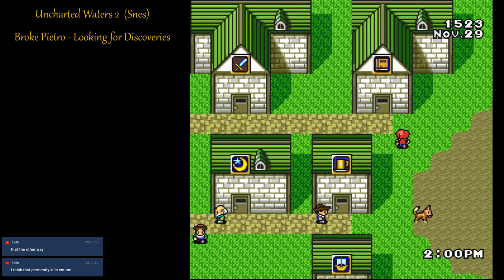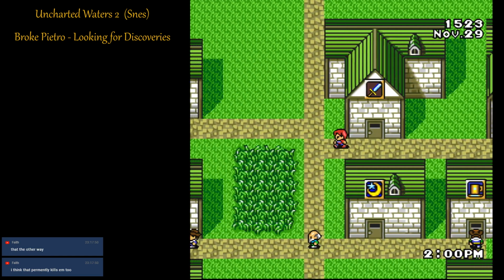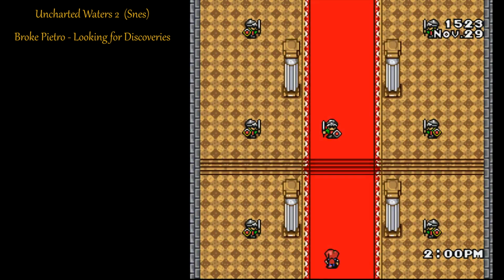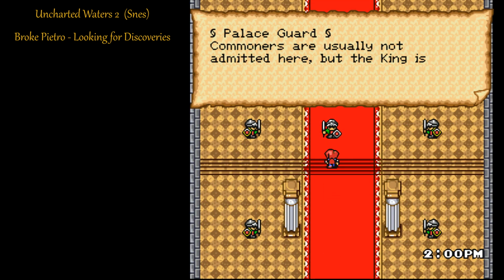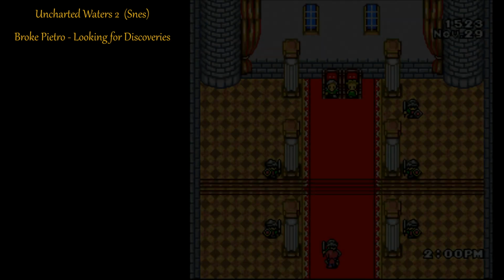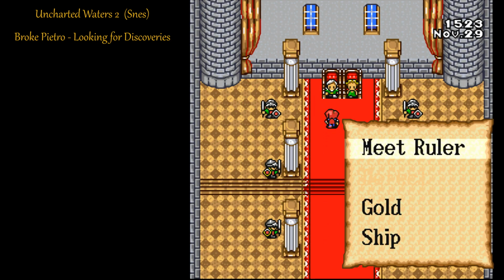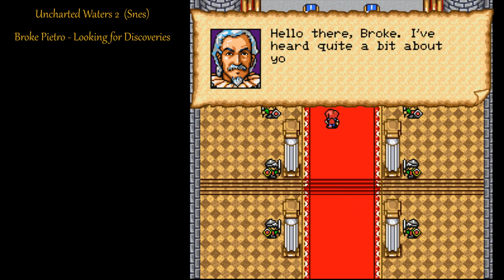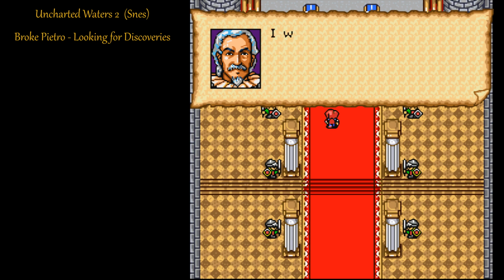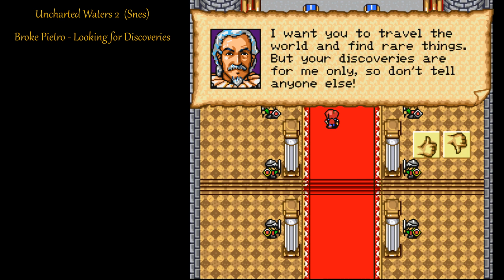Alright, let's go visit the king. See what he's got to say. Or, I guess it's not a king, it's like Governor General or whatever. Our first visit to the king. Hello there, Broke. I've heard quite a bit about you lately. You look like someone I can count on. I'd like you to do a task for me. I've heard you're quite an adventurer. I want you to travel the world and find...